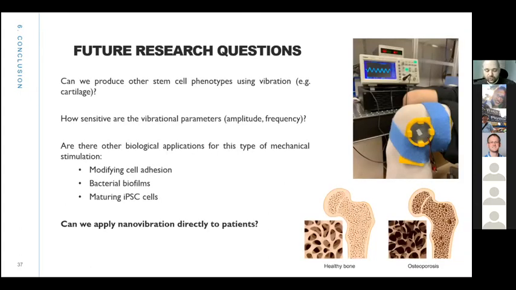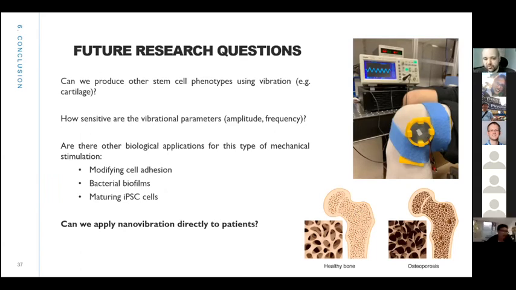So just to conclude, I thought I'd mention our future questions that arise from this research. We know that cells are responsive to vibration, and we know that they can form bone just using vibration as a stimulus. But we're also interested in looking at other stem cell types, other cell types. For instance, can we form cartilage? Could we form neuronal tissue using vibration? And we're